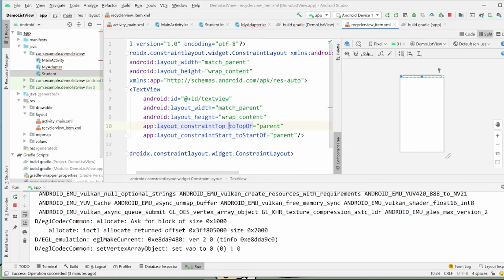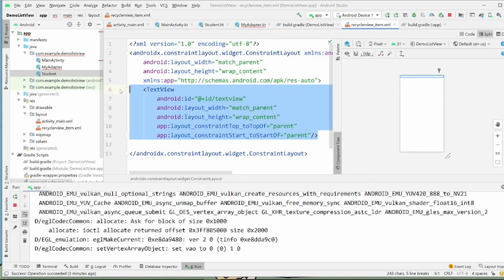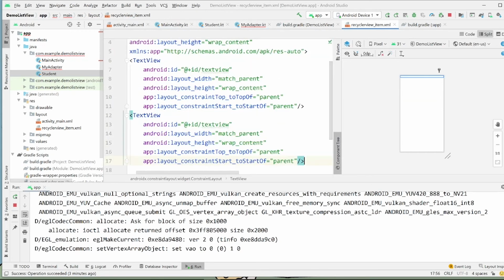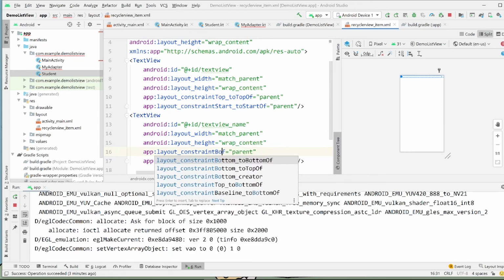And inside the view group item, I can have another text view. Let's just call it text view name, and let's make it constrained to the bottom of parent.